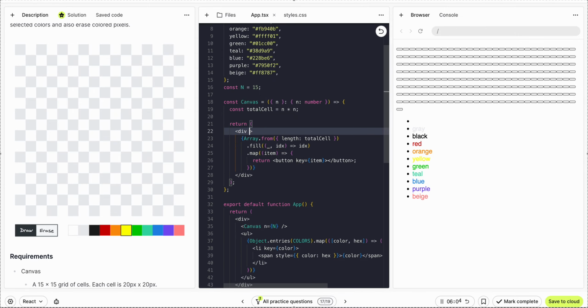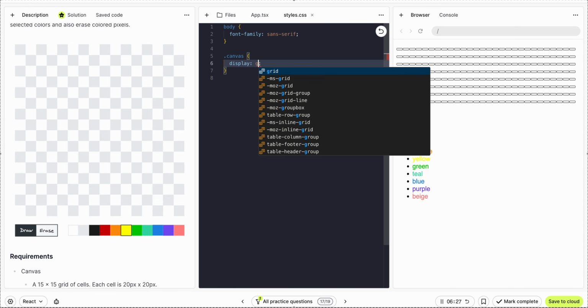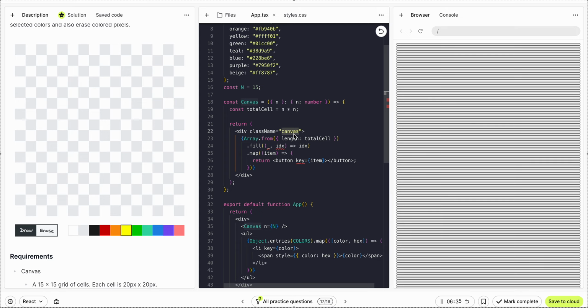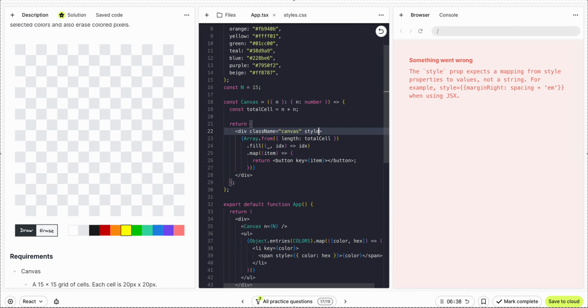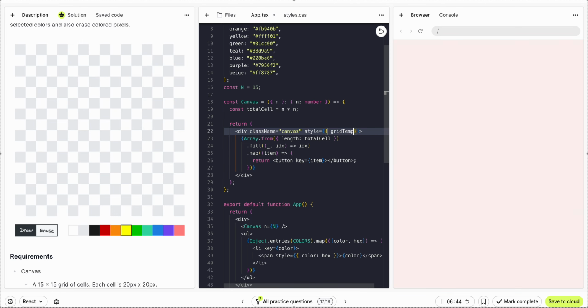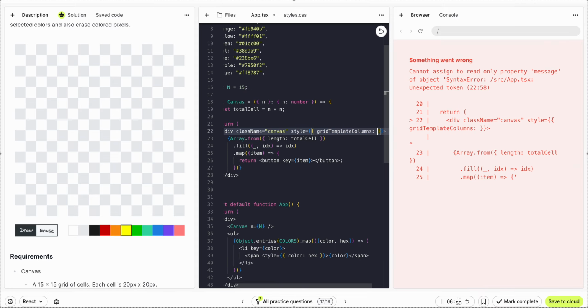Canvas. Let me do display grid. And here we need to add the style dynamically, so grid template columns and